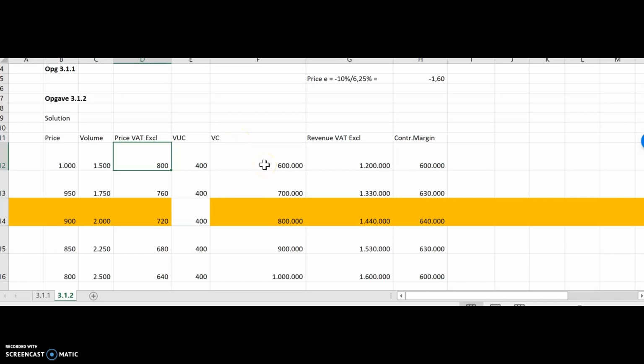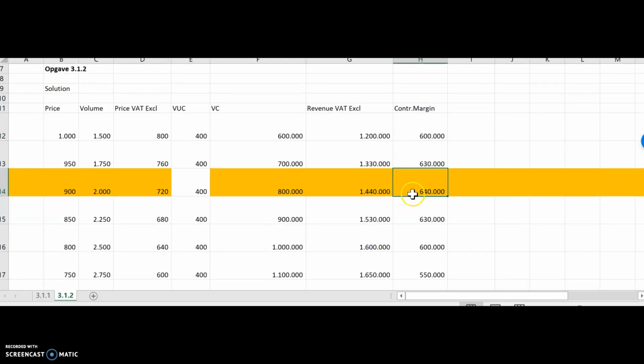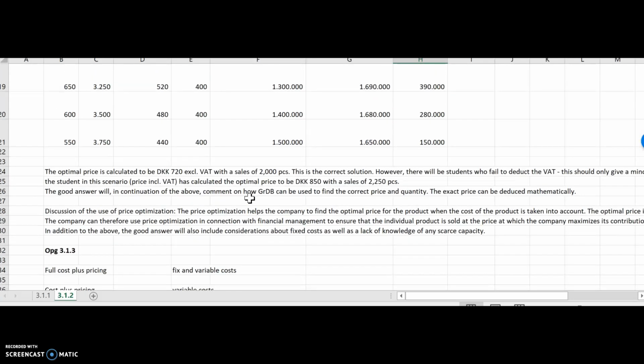And when you have the total variable cost and you calculate the total revenue, it is volume multiplied by the price without VAT. Then you have your revenue here, and then you can say revenue minus variable cost. It is your contribution margin here. And then you calculate the whole way through, and the optimum price is in this case 900. It gives the company the highest contribution margin, 640. So it is the solution. And then you can read yourself here the